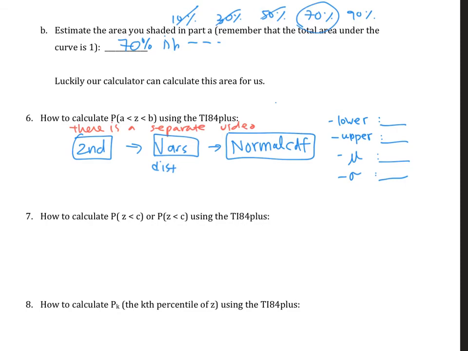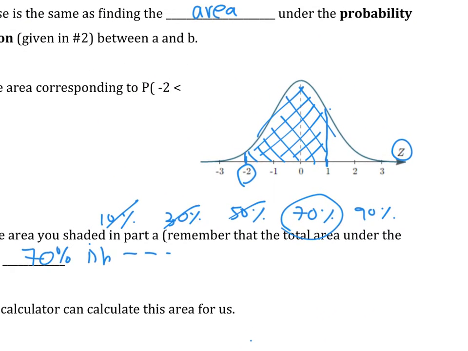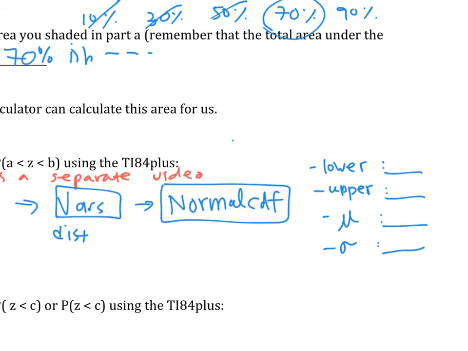For example, if I look at the example we just talked about, our lower bound is the lowest number in your area. This is the area bounded by -2 and 1. The lower bound is like the left endpoint, basically, it's -2. Upper bound is 1, and the mean was 0, and the standard deviation is 1, right? So I'll plug in lower bound as -2, upper bound as 1, mean as 0, and standard deviation as 1. Depending on what question is given to us, these numbers will change, so you have to pick the correct number here.